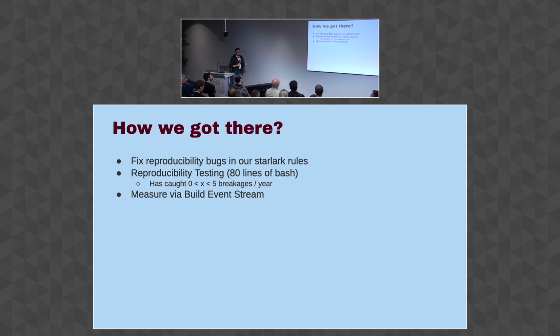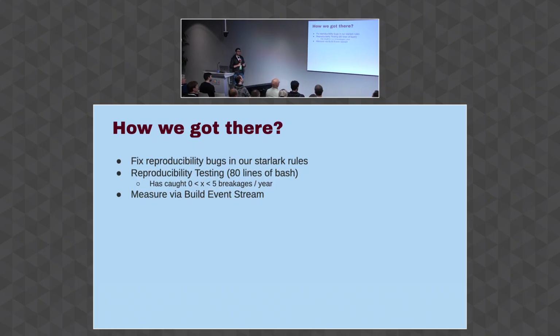To start that off, we just had a large bash file where you run Bazel build on a bunch of targets with different output bases, and you can see if they're creating different outputs, and you can use that to fix bugs. We found some interesting bugs and breakages over the last few years. We tried upgrading our Rust nightly toolchain at one point, and that didn't create a reproducible Rust binary, so we reported that upstream.